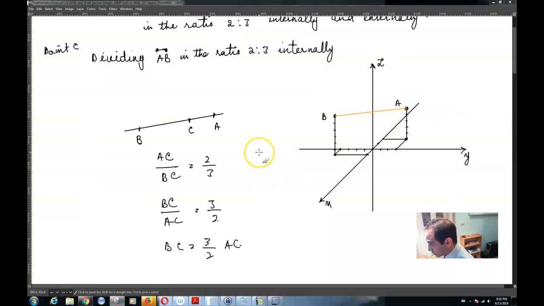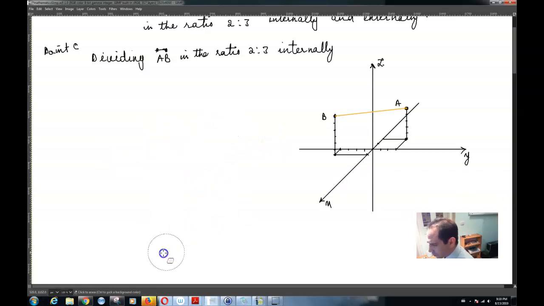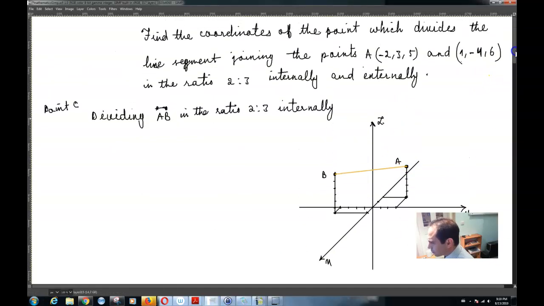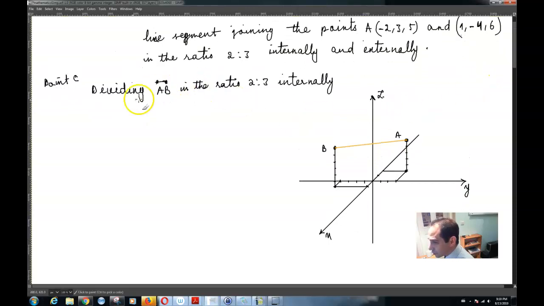So let's suppose that you want to find the coordinates of this point. So what you need to do is basically use the formula that we used for the internal division of a line. And that formula was basically, if the point is C, then the coordinates of the point C are going to be, basically,